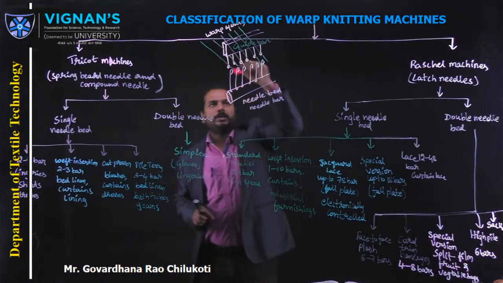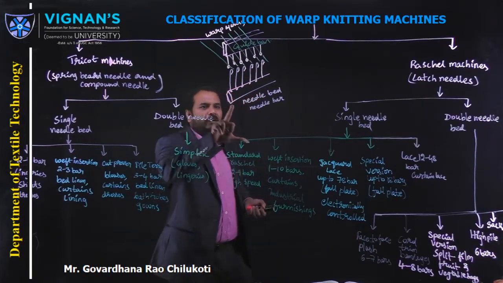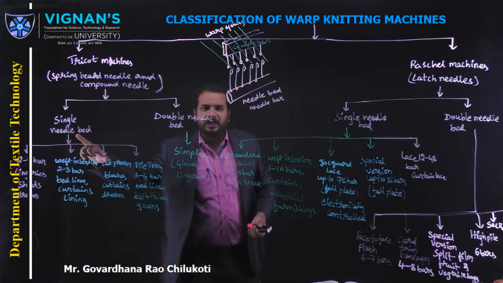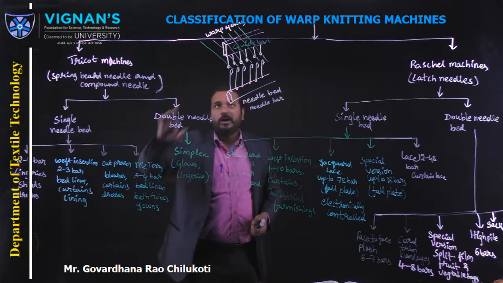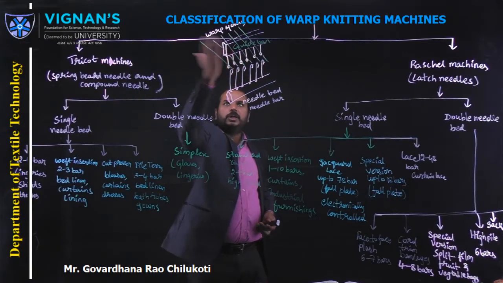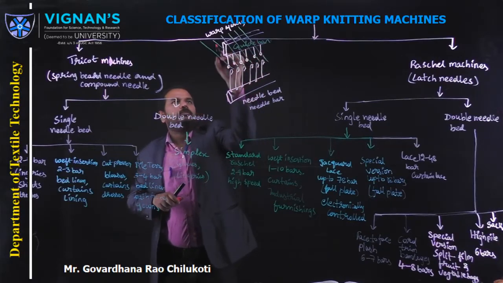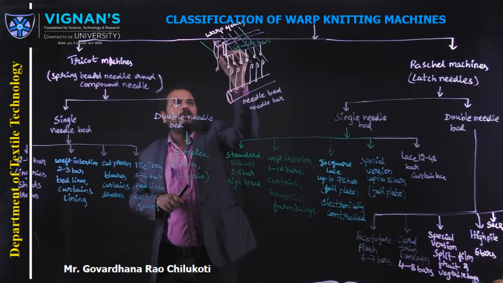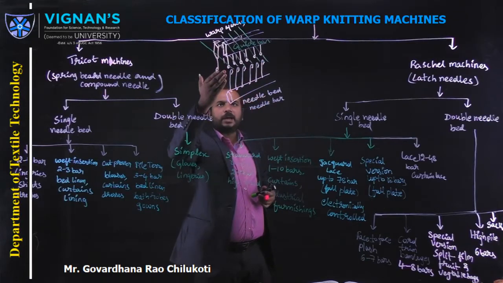So these warp yarns are fed to the needle beds. If we have one needle bed, we say single needle bed. If we have one guide bar, we say one guide bar. For example, if we have two guide bars in the same position, there is one more guide bar here also. So the second guide bar is there, again having guides in it. Two guide bars, three guide bars. These guides feed the needle bar.